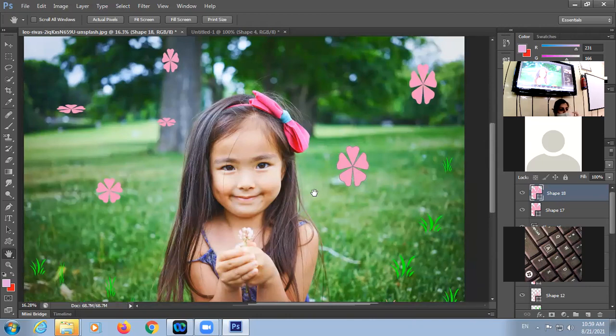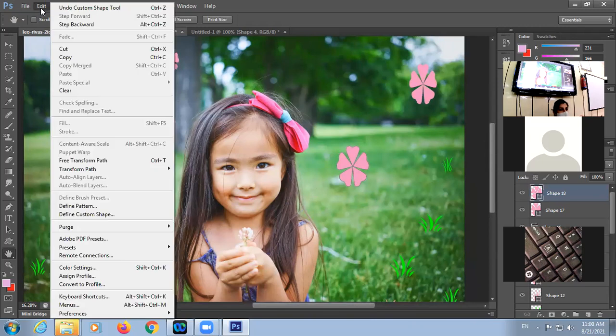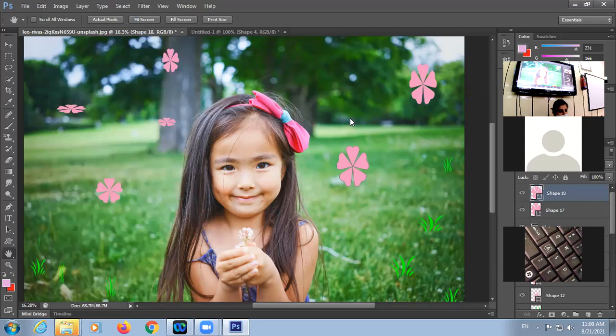Any doubt? Now if you are writing any text on your image, yesterday we used the type tool, so there is an option that is helpful for the spelling and grammar that you do in MS Word. Spelling and grammar, okay? In the Edit menu, the option is Check Spelling. Right now I have not added any content. When you add the content, you can check the spellings like this, Edit menu, Check Spelling. The option is clear, right?